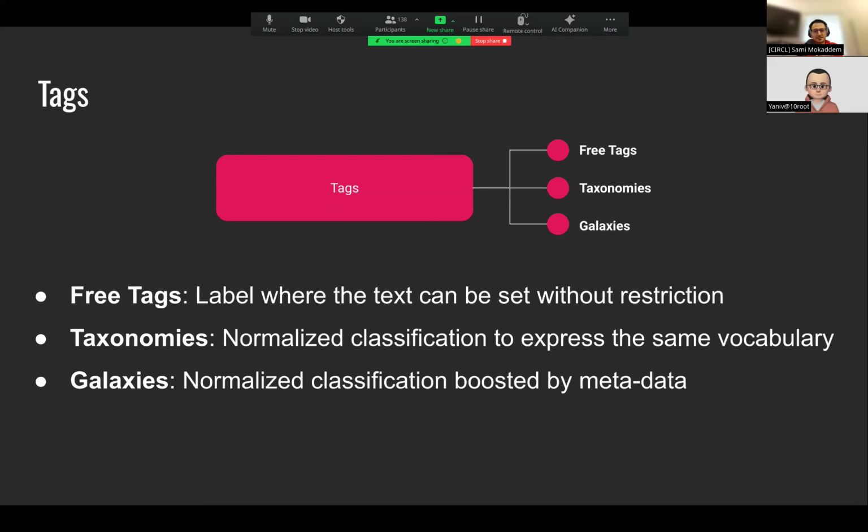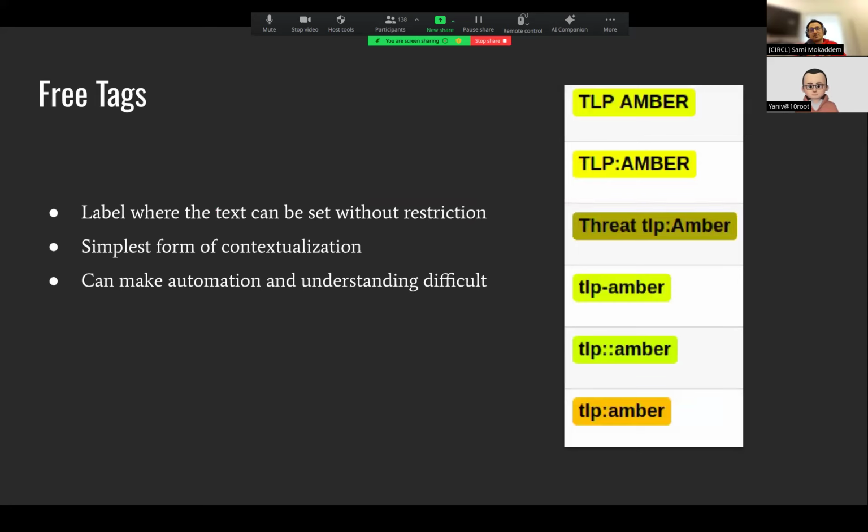that allows everyone to use the same vocabulary. And we have the galaxies, which are also a normalized classification, but they are closer to a dictionary or an encyclopedia than the taxonomies. So let's have a look at these three. And we'll first start with the free tags. And immediately we'll realize why we don't really recommend using free tags nowadays. It's because as anyone can create them,